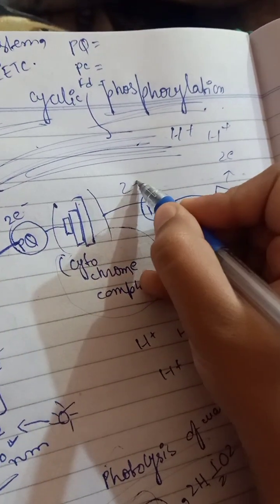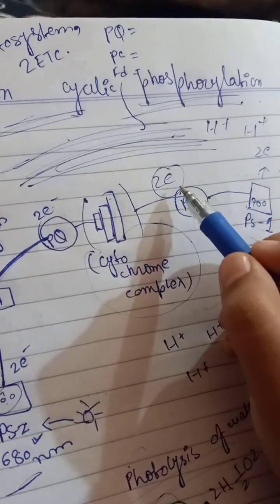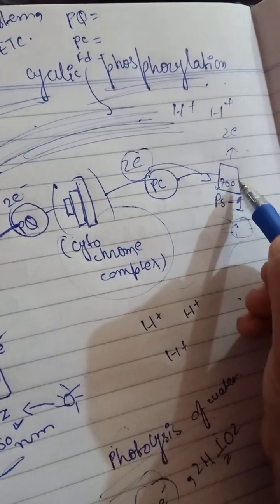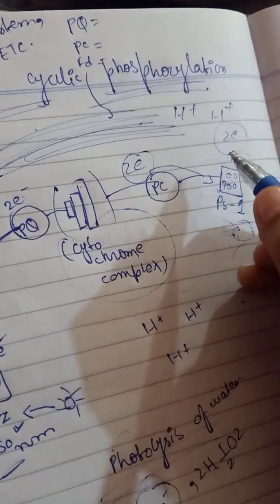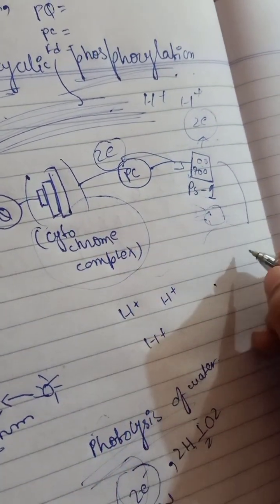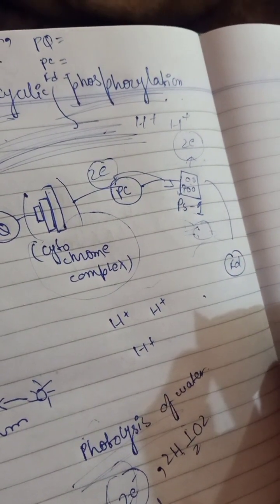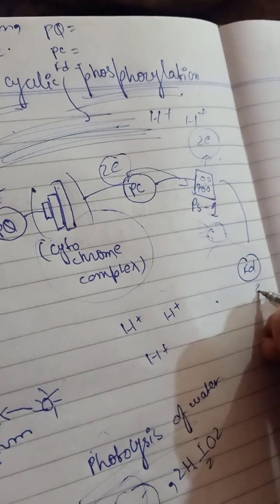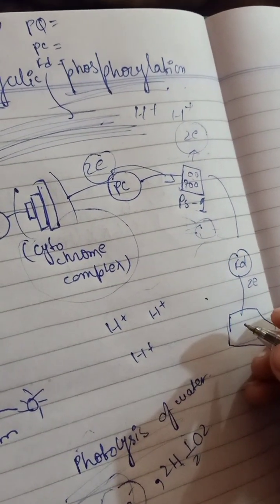Okay, so as you all know, these two electrons are excited, and these two electrons coming from PS2 will complete their holes. The holes are there. So as you all know, the two electrons are here. Now the two electrons will move toward FD, which is the ferredoxin. Okay, ferredoxin. After ferredoxin, the two electrons are moving into this, which is basically a